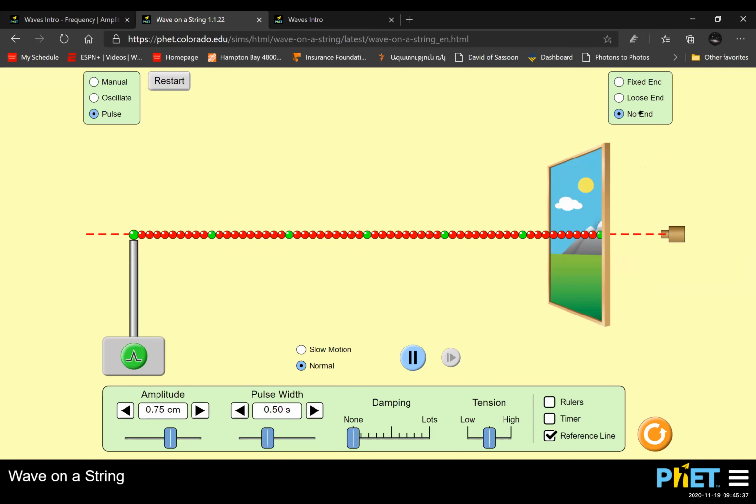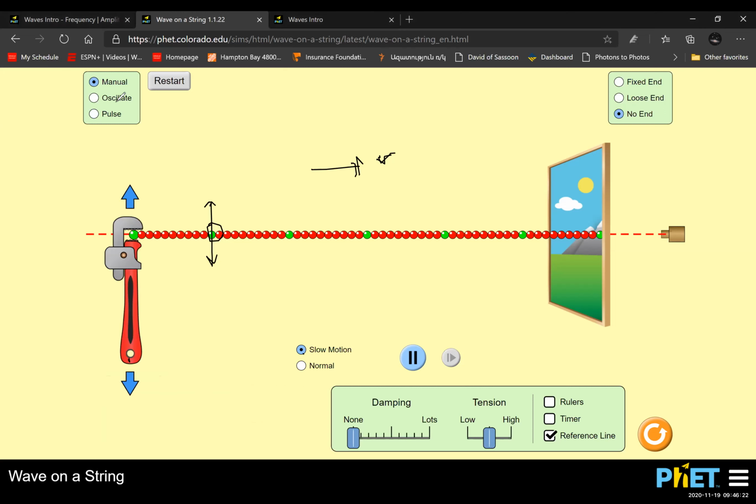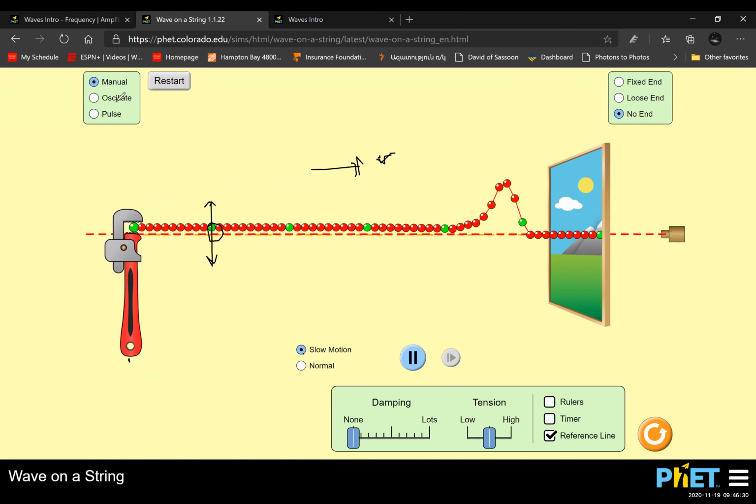So for example, if you talk about the medium itself, let's look at this marble over here, this green marble. What it does is it kind of moves up and down, and the wave is propagating. Then let's do a slow motion. All right, so slow motion. See that marble goes up and down, but the wave itself is propagating to the right. Okay, it's propagating to the right. If you continuously do that, I create a disturbance, and it generates a wave, and the wave is moving, but see, the particles in the string itself just go up and down,